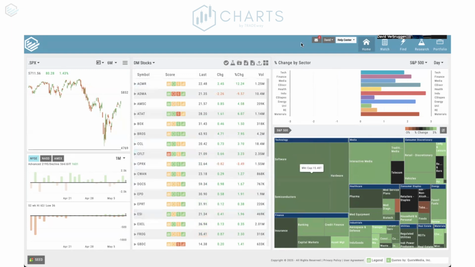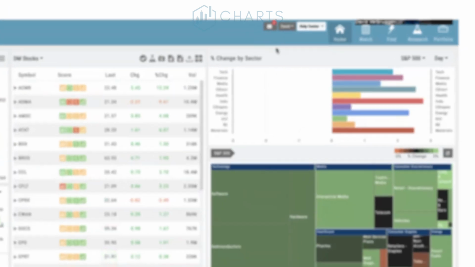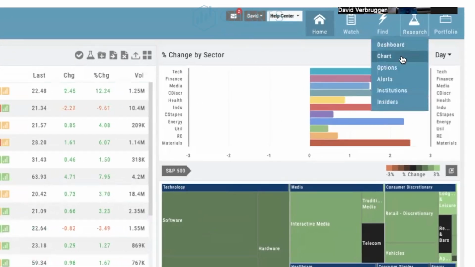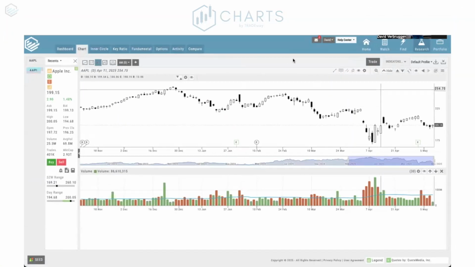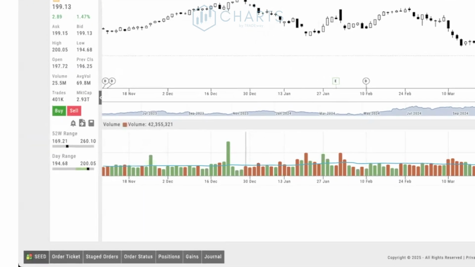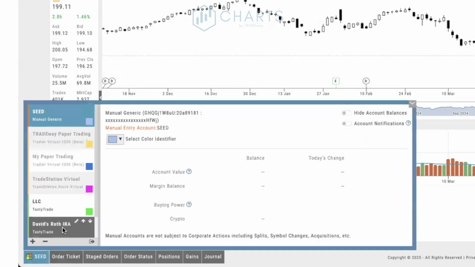Here we are again at our home screen, the first screen that you see when you log in. Adding a virtual account is very simple. What we're going to do here is hover over research, come back to chart. Again, this is where we spend the majority of our time. And you're going to be looking at the bottom left. It may not say exactly what mine does, but at the bottom left, it should say account or something like